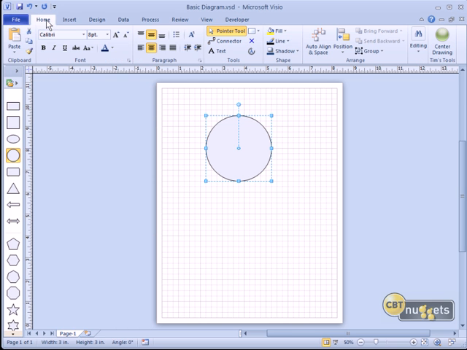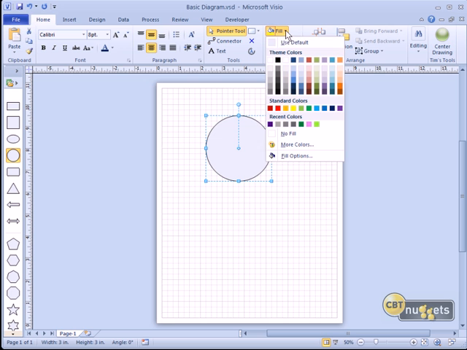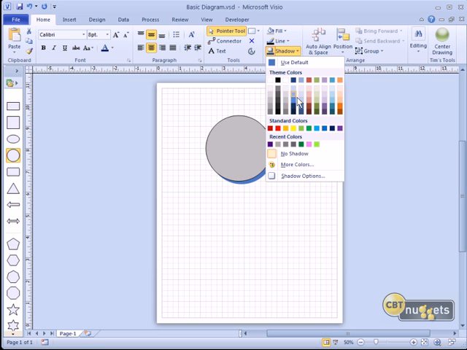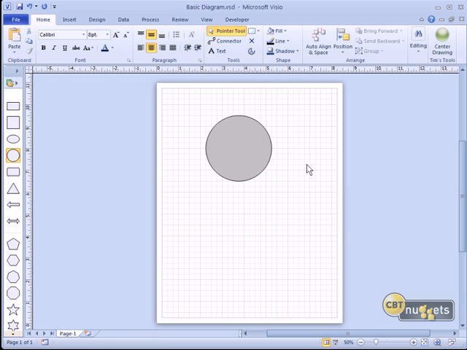I'm going to come back home and we're going to adjust a default fill color. I'll choose a medium gray, and we also want to go to our fill options and make sure that we're dealing with a solid pattern, no transparency, and no shadowing. Again, going to be double clear on that by selecting no shadow from the shadow list. Let's save our changes, and given that as a baseline, let's now define some shape data for this object.